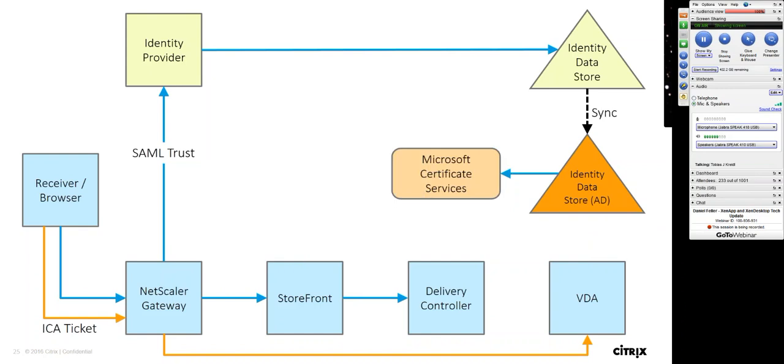So what's been added is something called the Citrix Federated Authentication Service, and this relies on Microsoft Certificate Services. You can basically think of the Citrix Federated Authentication Service as a virtual smart card. And for smart card authentication, you use Microsoft Certificate Services. So this virtual smart card is the Citrix service that's basically going to create virtual smart cards on the fly